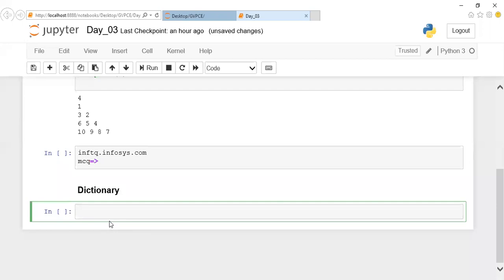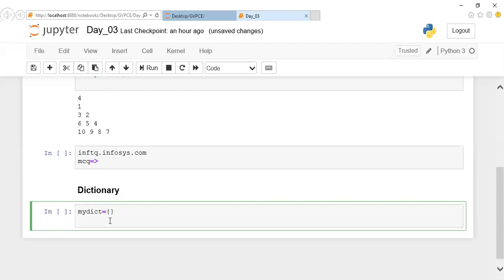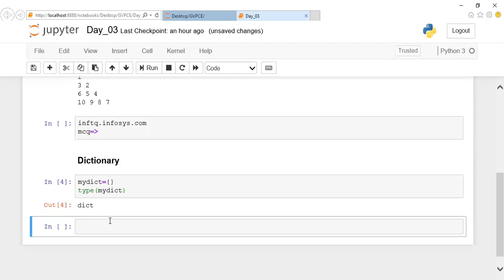I told you yesterday how the representation of dictionary is done. A dictionary is represented with braces. So if I give braces like this, by default its type is dictionary type, not set type. What is the difference between dictionary and the other collection types? The other collection types are collections of single elements. But a dictionary is a collection of key value pairs. You will have values like key and value.